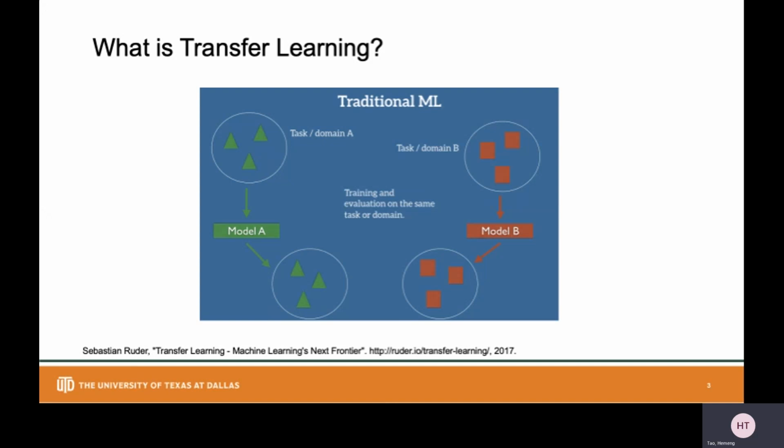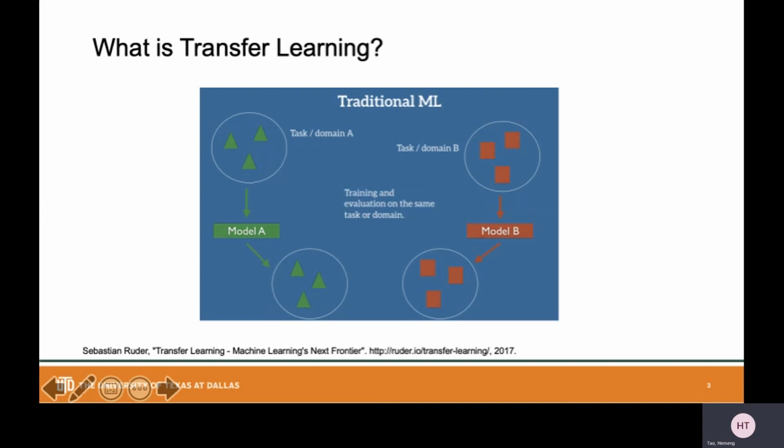On the other hand, when given data for some other task B, we will again require labeled data for that task to train a new model B, so that we can expect it to perform well on this data.